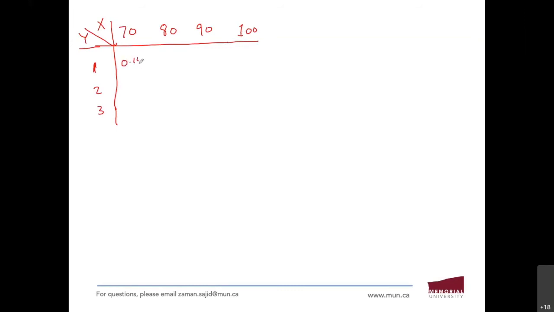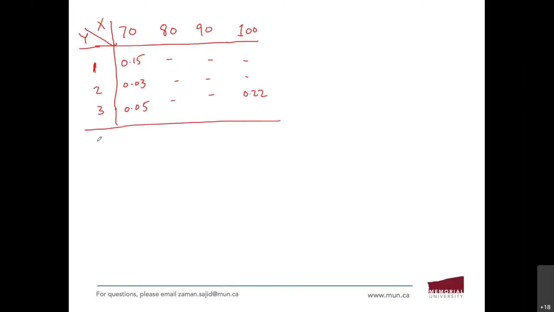This is 0.15, 0.03. So you just need to plug in the same values as we have before. This one was 0.02. Now we find out the marginal probability of X,